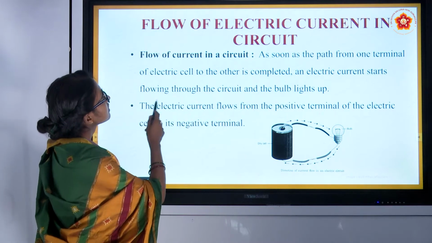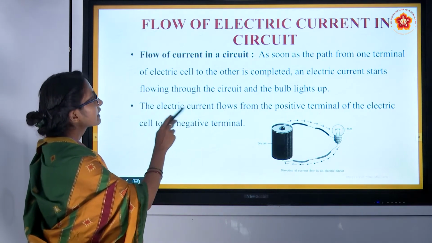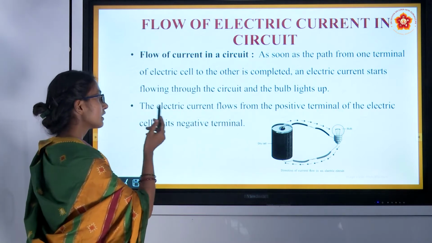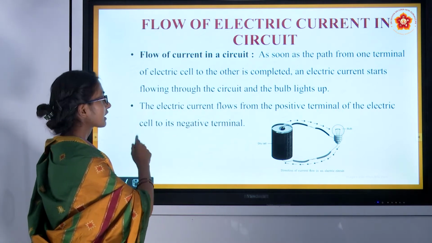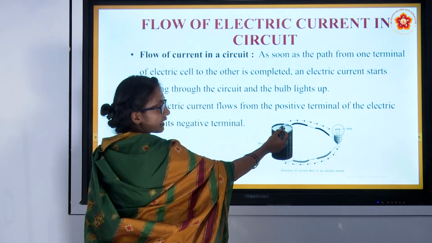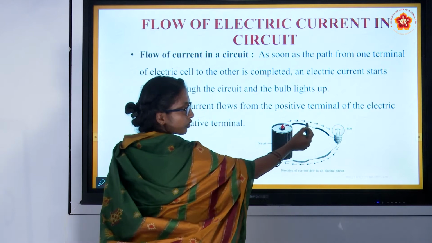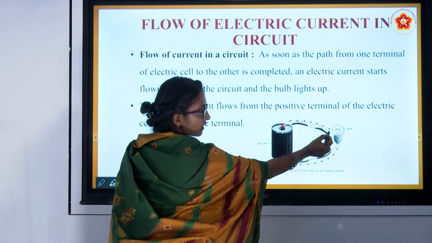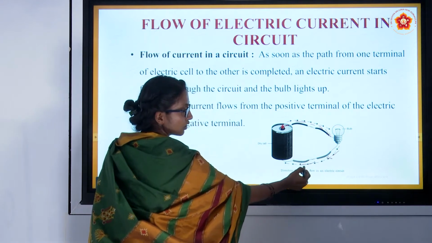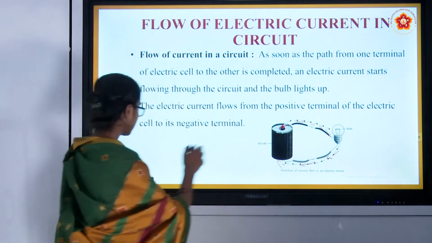Flow of current in a circuit. The electric current flows from the positive terminal of the electric cell to its negative terminal. That is, the electricity starts flowing from the positive terminal towards the negative terminal of the cell.